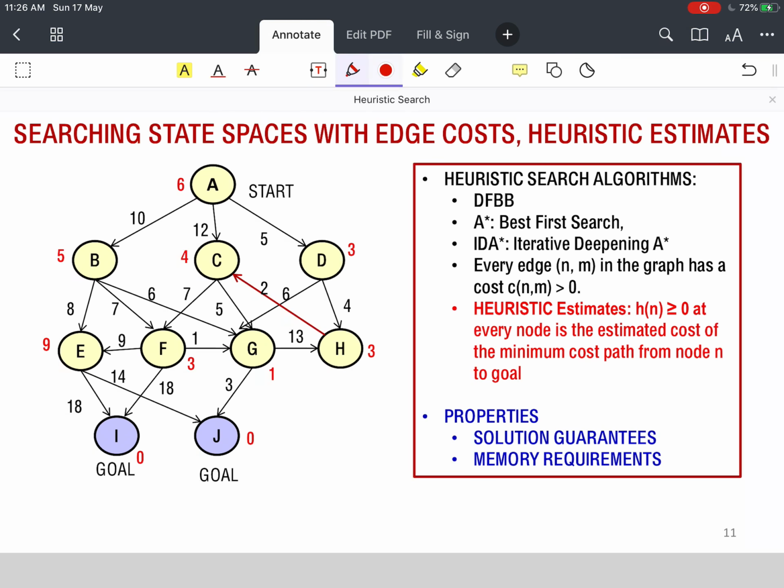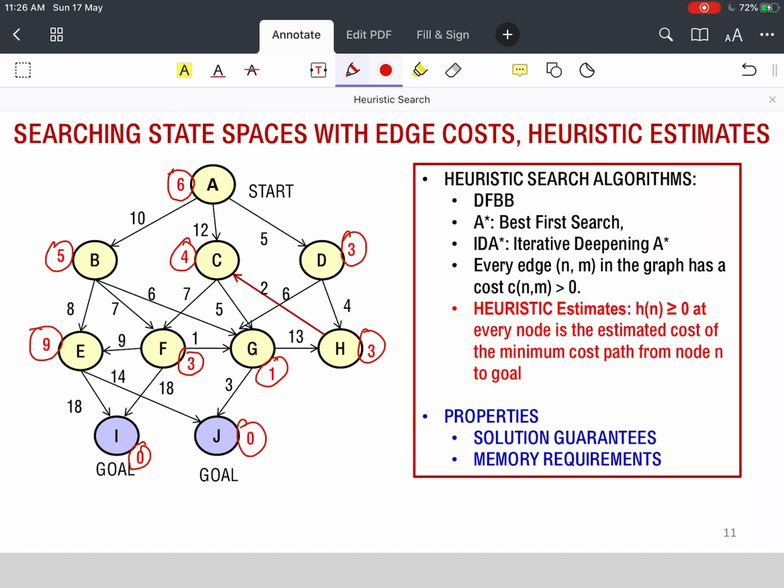Now, having a graph which has got costs at the node, the red colored marked items are all the heuristic estimates at different nodes. So the problem of heuristic search is defined in the following way.